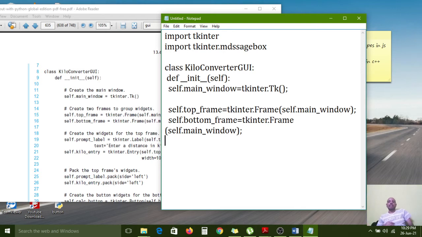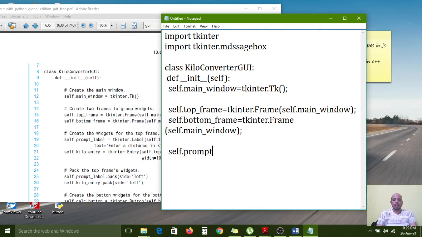Now I want to create the labels in the top frame. Self dot prompt underscore label. This is the label name, prompt label. And now, tkinter. If you want to change this name, you can also change it, no problem.